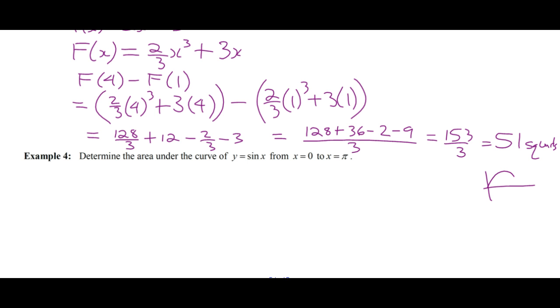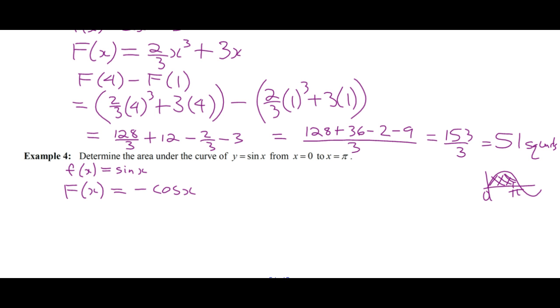So we can imagine here's sine x. This is the area we're going to work out. There's 0, there's pi. But we don't need to draw that. We simply need to say, okay, the function that I'm given is sine x. I need a function whose derivative is sine x. Negative cos x, right? The derivative of cos x is minus sine, but I want minus sine, so negative cos